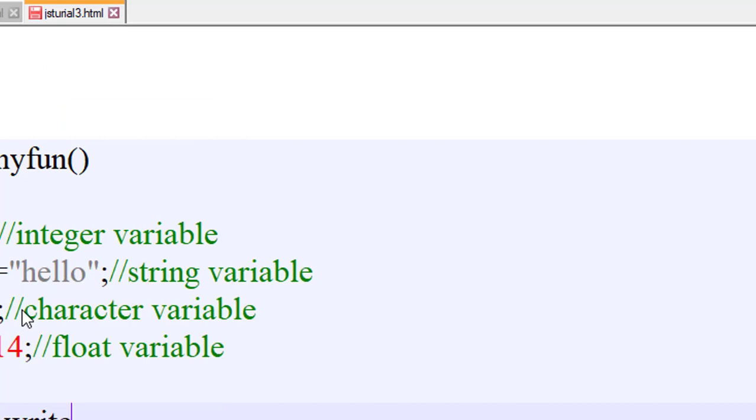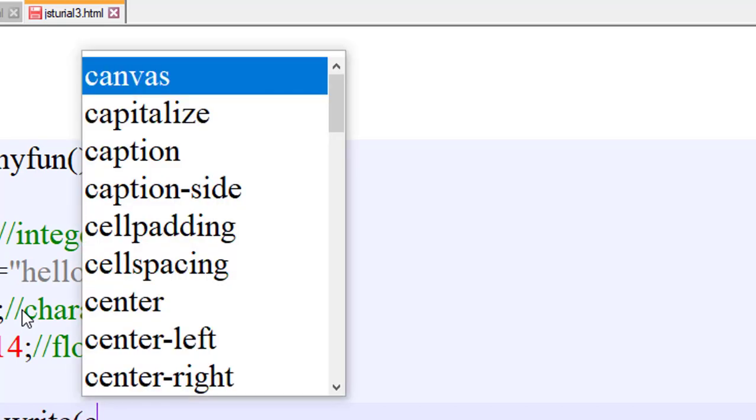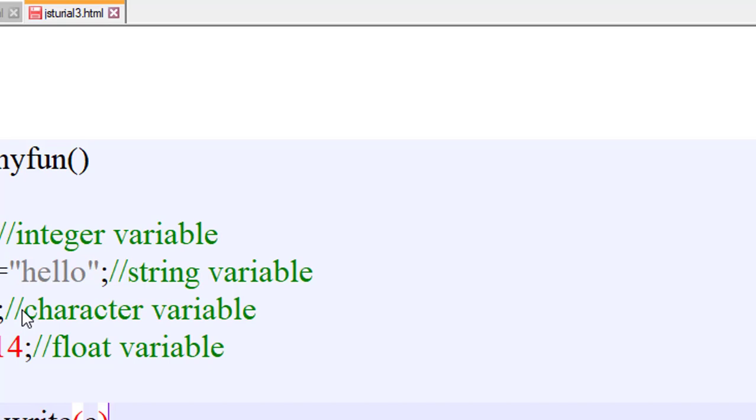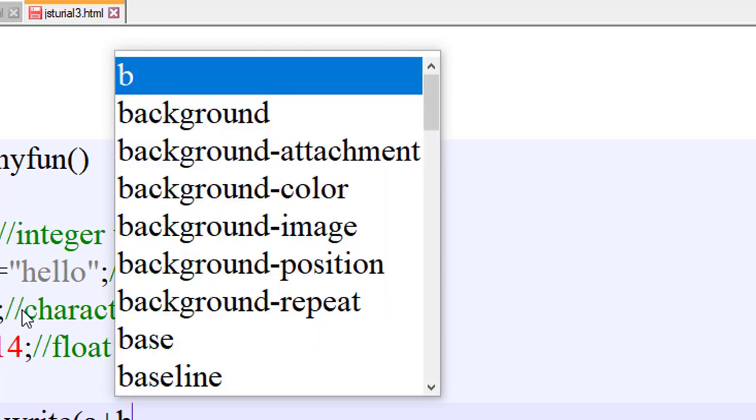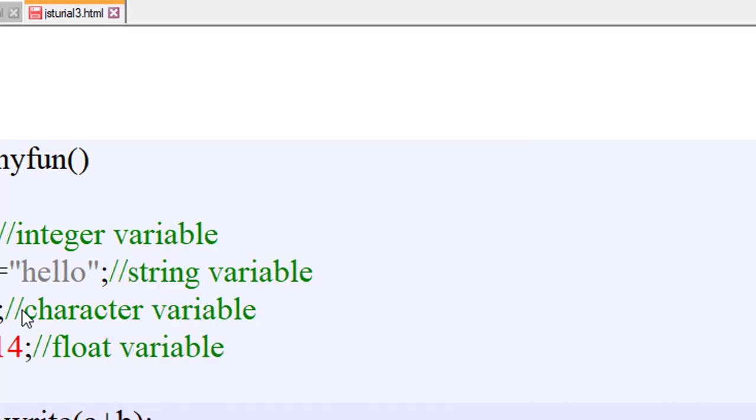Instead of writing document dot getElementById and so on, I will simply write document dot write. If I want a plus b, semicolon, that means the a variable has the value 10, the b variable has the value 20, then the total answer will be 30.